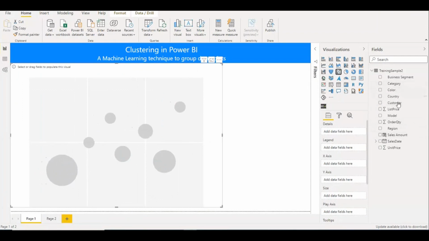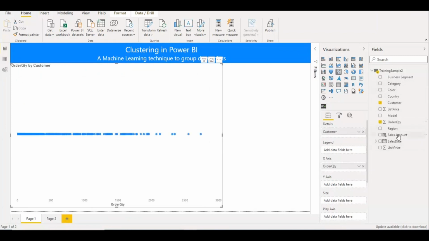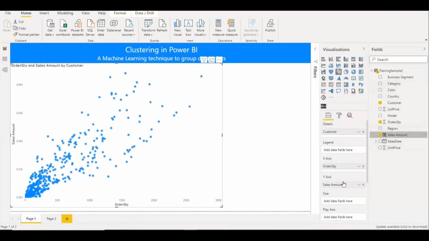In the details, I'll put customer, and order quantity on the x-axis, and the sales amount on the y-axis. After putting these, the graph looks like this. So now we are going to generate the cluster.